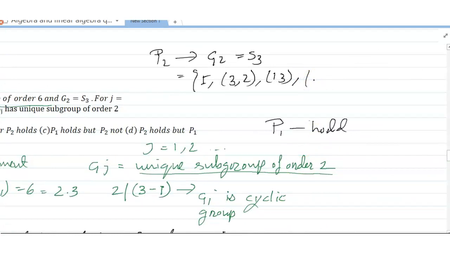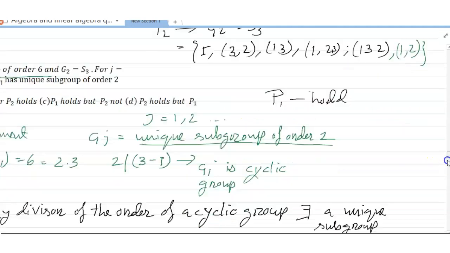3, 2, 1, 3, 1, 2, 3, and 1 3 2, and 1 2. Another is 1 2. Then we can get